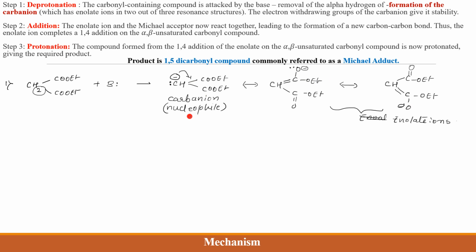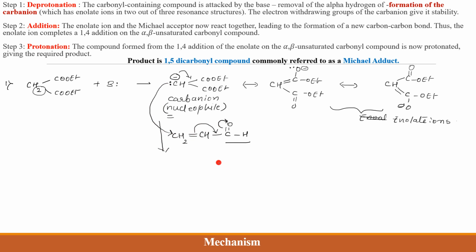Now attack is going to take place. Next is addition. So this is your nucleophile, I said, and it is going to attack the reagent. So I will write it this way. I hope I get proper space. So this is my acceptor. Now this is also an electron withdrawing group. This oxygen is there, no? It's an electron withdrawing group. So it goes like this. This being electron withdrawing, it takes these electrons, they shift over here. Then these double bonded electrons, they shift over here, and this nucleophilic attack takes place on this carbon.